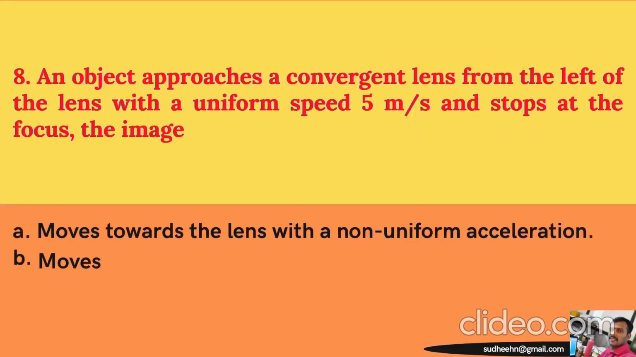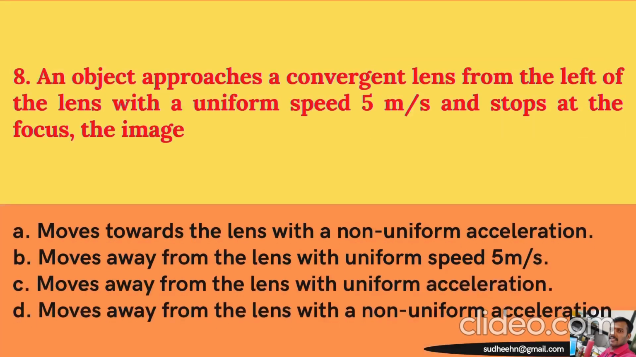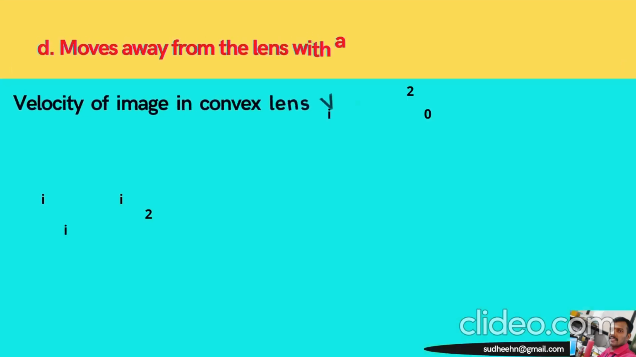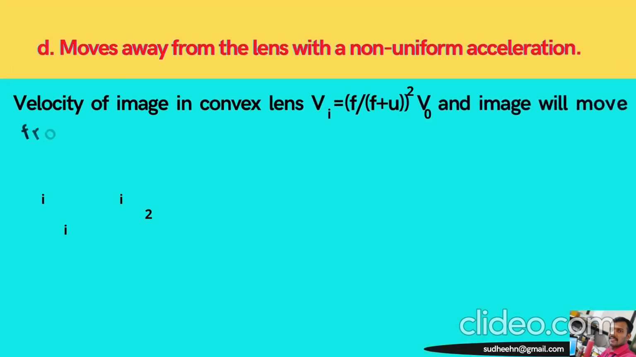Next, question number 8. An object approaches a convergent lens from the left of the lens with a uniform speed of 5 meter per second and stops at the focus. The image moves towards the lens with a non-uniform acceleration, moves away from the lens with the uniform speed 5 meter per second, moves away from the lens with the uniform acceleration, moves away from the lens with a non-uniform acceleration. And the right answer is option D, that is moves away from the lens with a non-uniform acceleration,